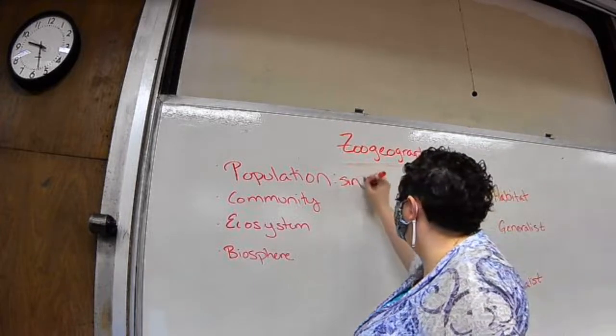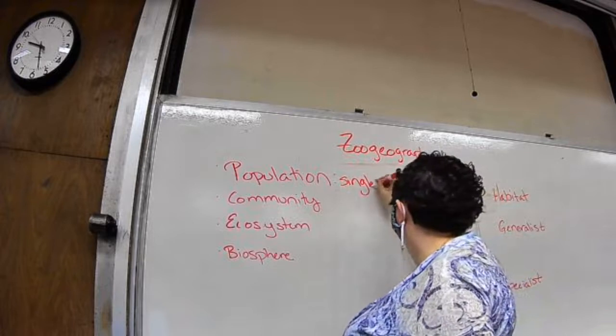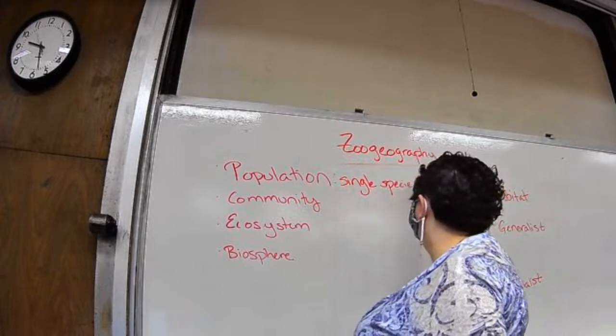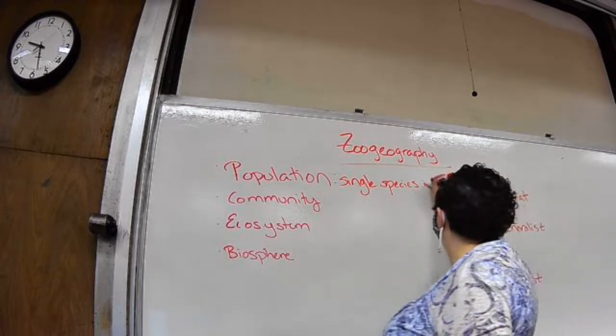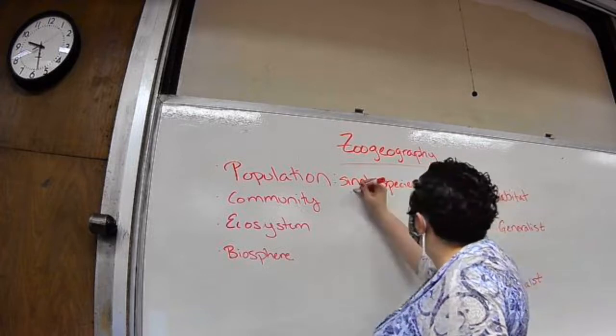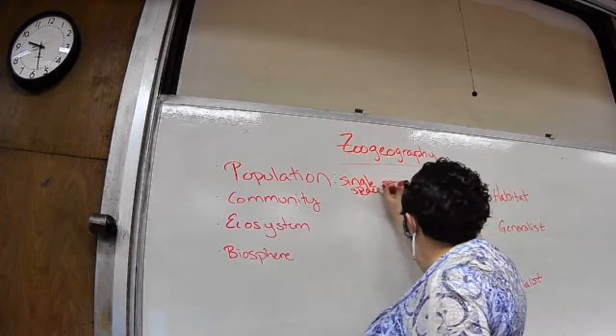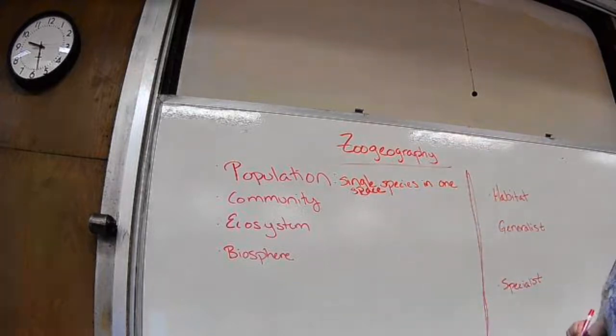So we have a single species. Just going to pre-apologize for any spelling errors. I was never good at this on the fly. So, a single species, humans being the single species in this case, all hanging out in one space. If my handwriting starts sucking, please say something. That's the reason I don't usually do this on the fly. My spelling is bad, my handwriting is bad, so I do apologize.